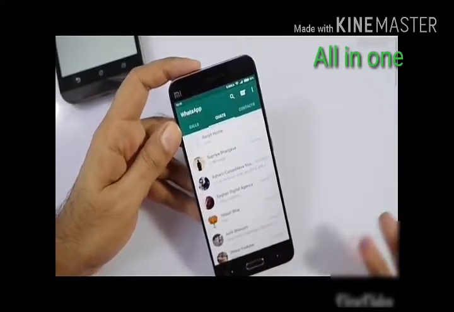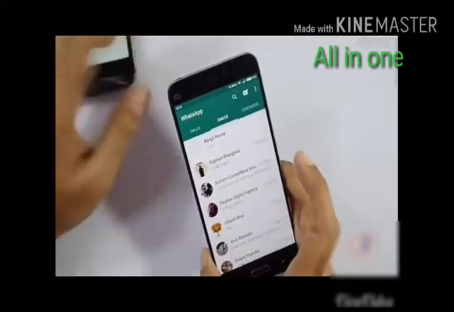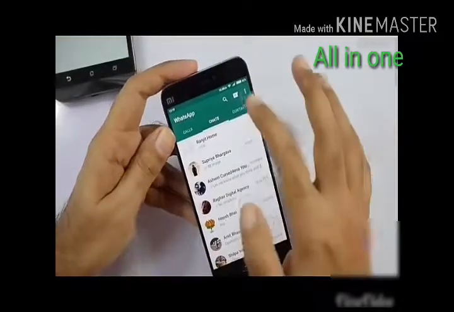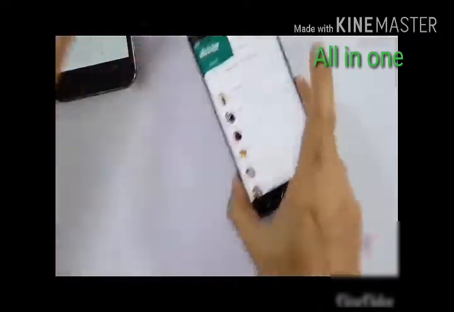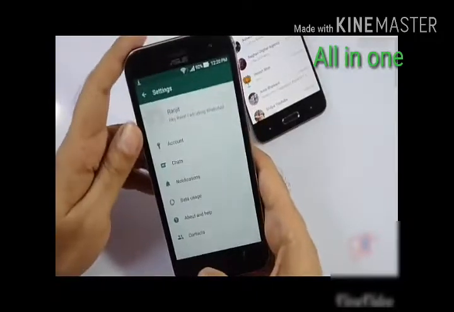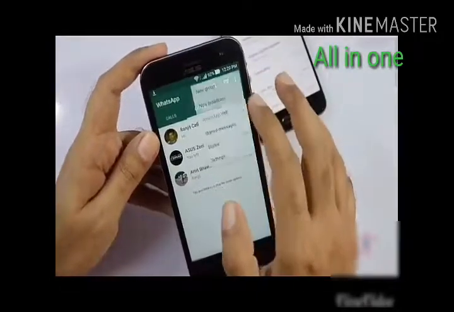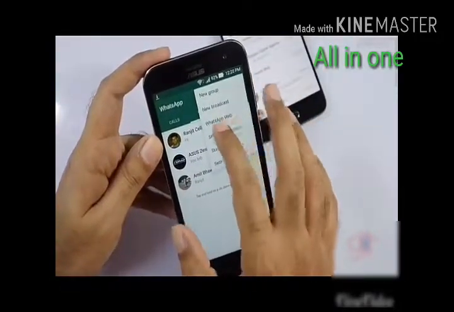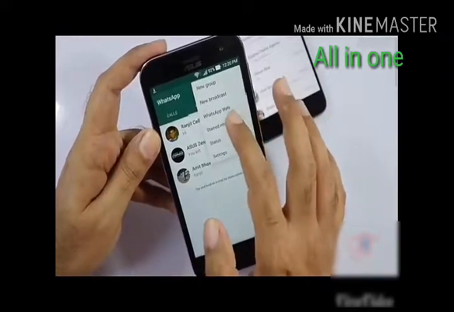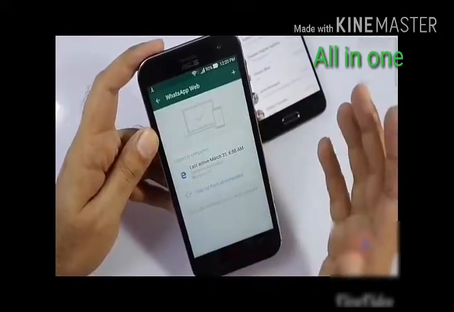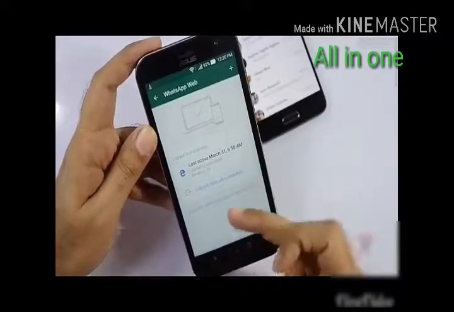Also, I really like the fact that you can access WhatsApp directly on the web, and to do that, let me show you with this device. I don't think I've set this device for that one. You have to use this option known as WhatsApp Web, and on your web browser, which I'm actually using, you have to go to